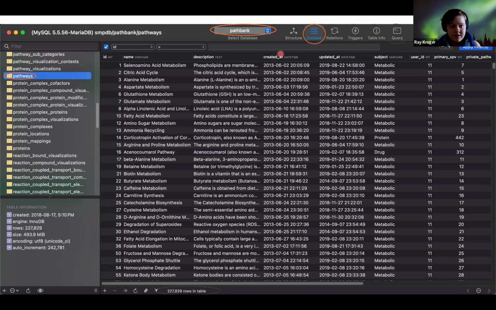then you can switch over to the content page, which will give you this table that has all of the information from the pathway table. Their names, description, all of those sorts of things. Also at the bottom here, you have how many rows are in this table, which is quite a lot. To scroll through and find what you're looking for would be quite difficult. So instead of that, you're going to want to return to the query and write a query to find exactly